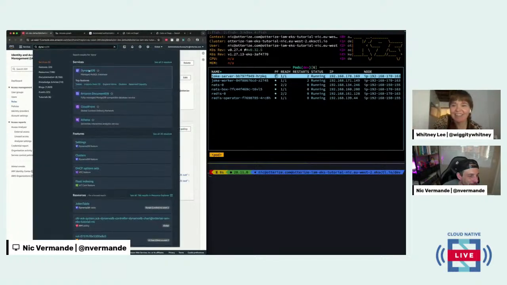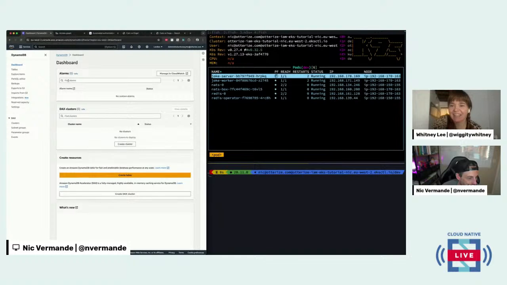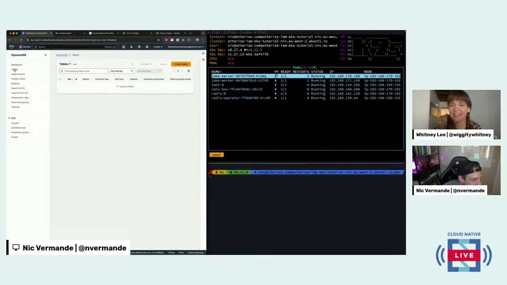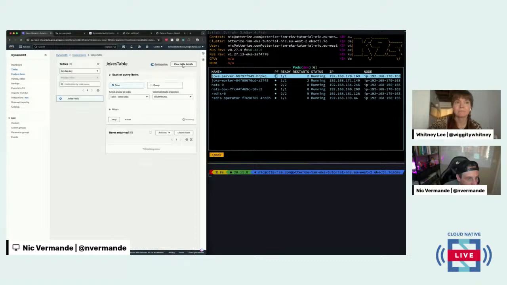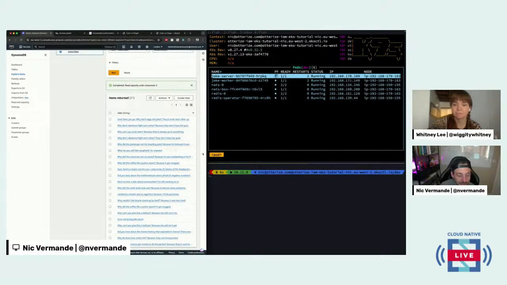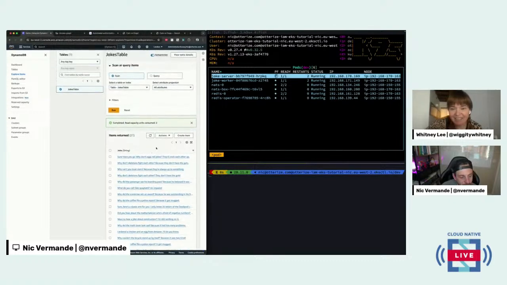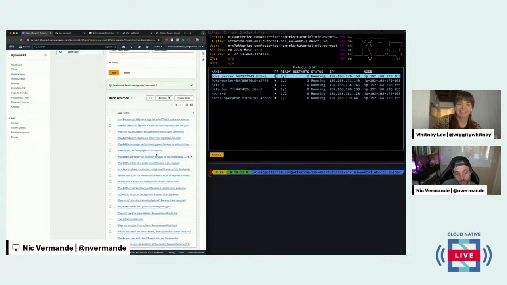In DynamoDB, I just want to check that I've actually written in the database. So here we have the tables. The jokes table is there, so it's been created, which is good. And in explore table, yes, I've got all my jokes. I'm not sure why I don't have access to the joke server, something else maybe. But this is what I've run before, which means that my joke worker is actually accessing the DynamoDB database with the permission I give it, right? So I didn't have to call anyone. I just had to basically apply the client intent,